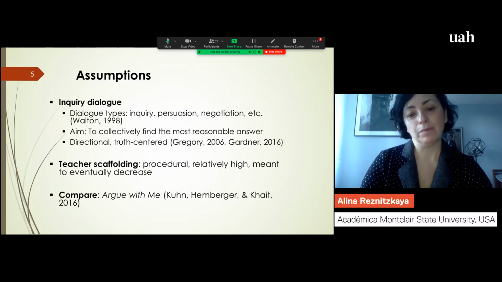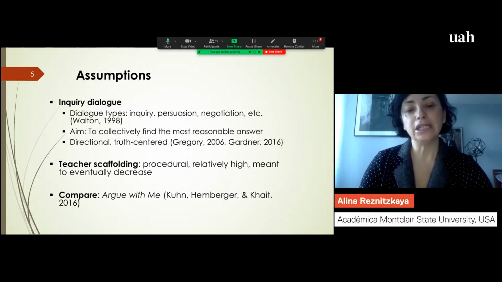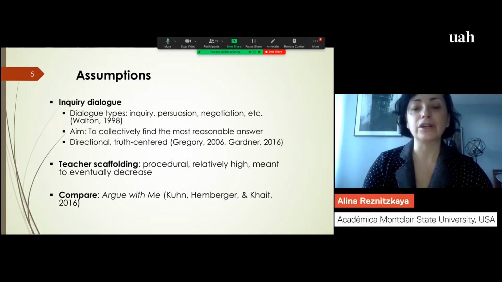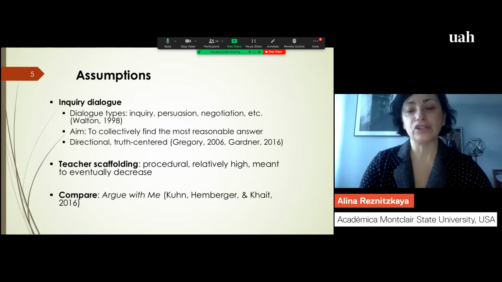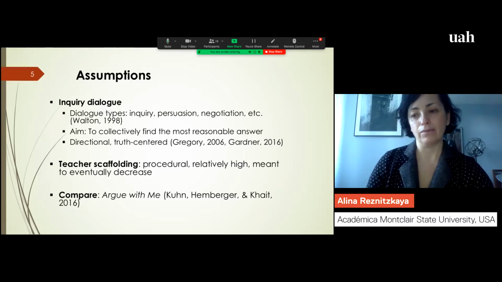And another assumption we made is that when the teacher intervenes, her intervention should be clearly procedural rather than substantive, meaning that the teacher should not be telling students what she thinks or what she thinks they should think, but she should be commenting on processes of argumentation. And we actually describe those processes very specifically in one of our instructional and assessment tools that I will hopefully